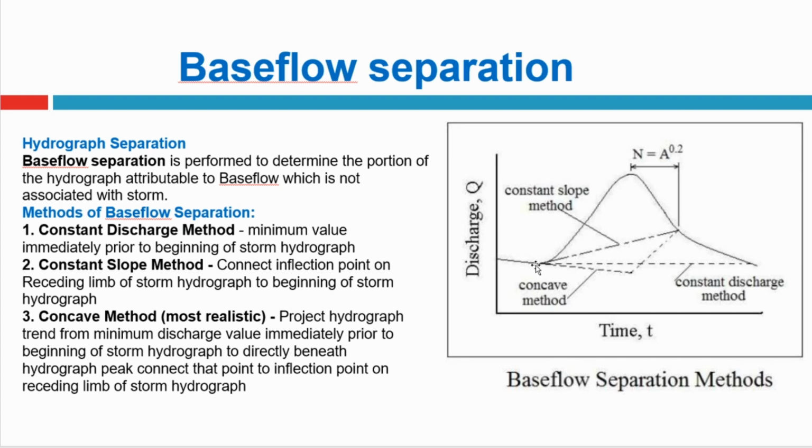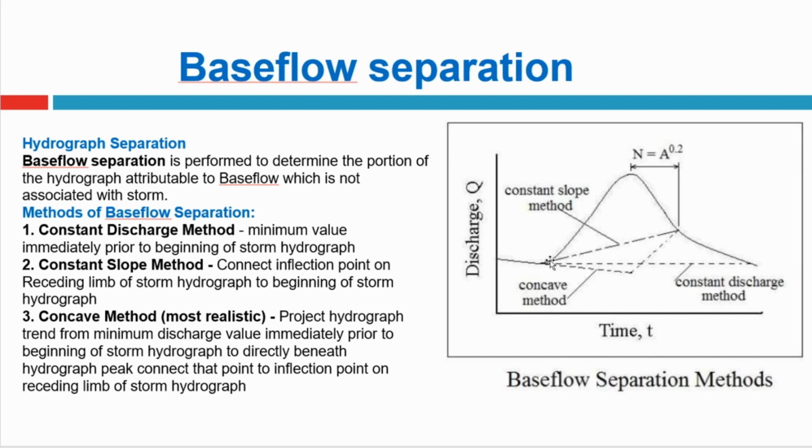So you have to select a point where the rising has just begun. Okay, so there you have to draw a straight line, such that it intersects with the falling limb of the hydrograph. Whatever the discharge that you see above this dotted straight line will represent the direct runoff, and whatever the discharge that is below this constant line is represented by base flow. Okay, so this is one method.